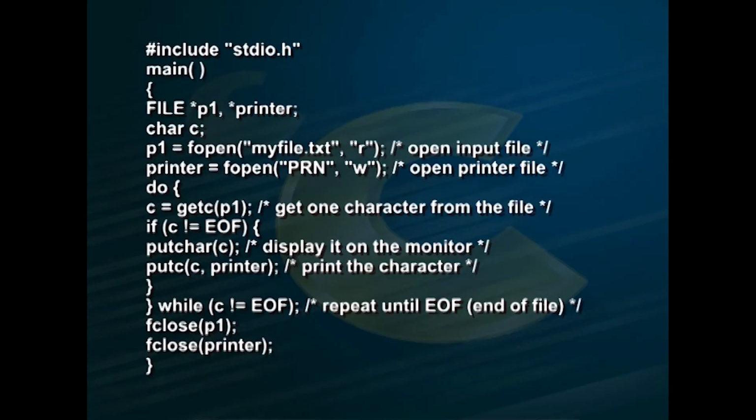Let us see this with an example. #include <stdio.h> main() { FILE *p1, *printer; char c; p1 = fopen("myfile.txt", "r"); printer = fopen("PRN", "w"); do { c = getc(p1); if (c != EOF) { putchar(c); putc(c, printer); } } while (c != EOF); fclose(p1); fclose(printer); }